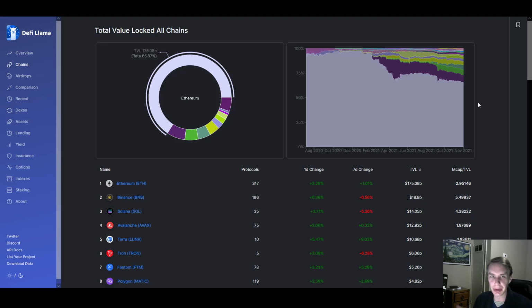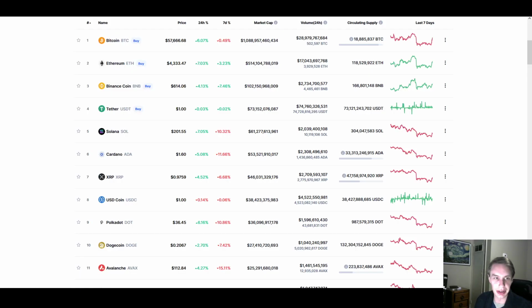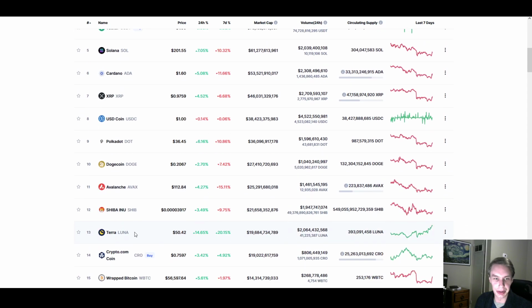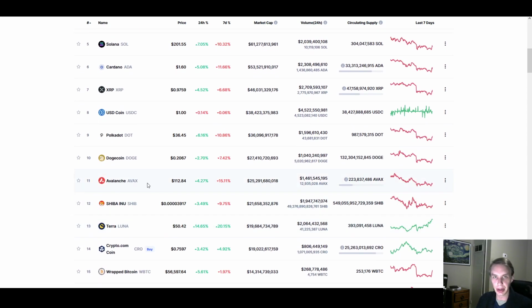It's even cheaper than these competitors. It's even cheaper than things like AVAX, which is still cheap, but it denominates its transaction fees in AVAX. It's a fraction of an AVAX to transact. It's not pegged to the US dollar. Transactions on the Hedera network are pegged to the US dollar, so you're not having to pay more just because the value of HBAR is increasing. And I think that could be another reason why people might prefer to do things like DeFi on the Hedera network, if given the opportunity.